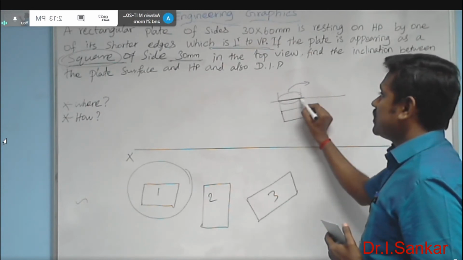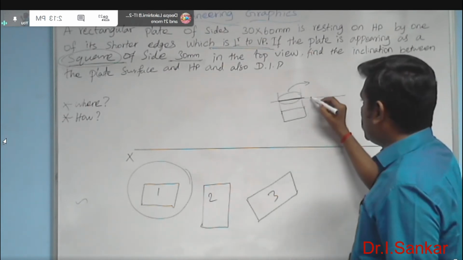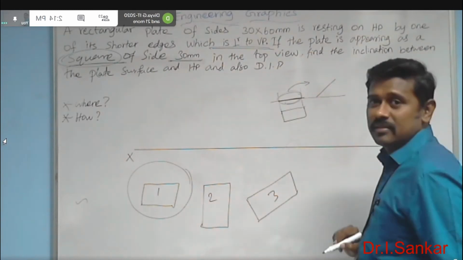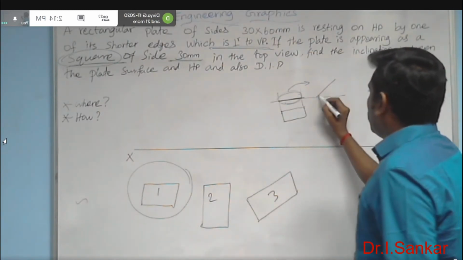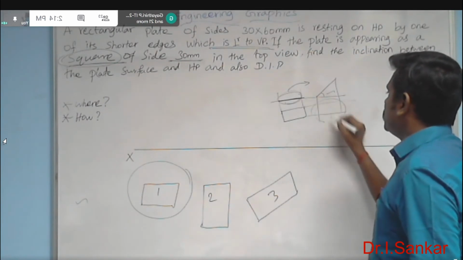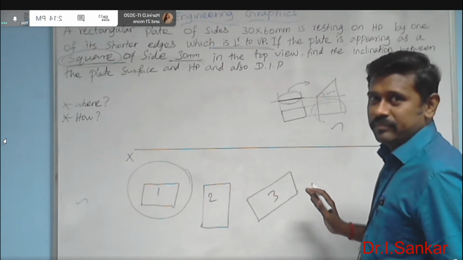Now the angle of inclination is considered as 0. When you include the angle of inclination, some degree, definitely this front view will be redrawn in that way. And the angle will be included, and the final top view can be drawn in that way. This is nothing but the logic of this answer.